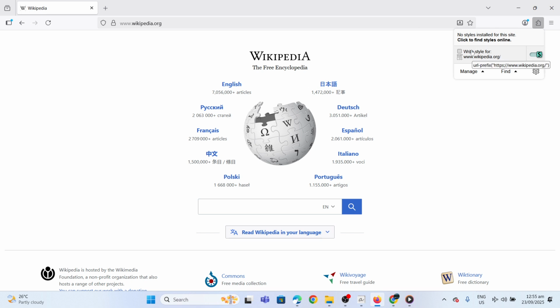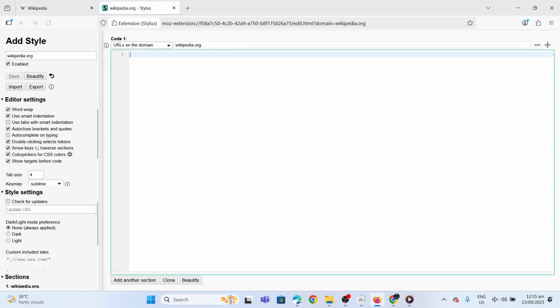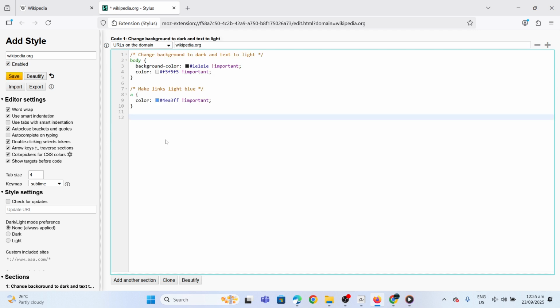Here's the exciting part: writing or applying a theme. You'll be presented with several options, but we'll focus on customizing for a specific site. Choose the option Write Style for this URL. This is where you can insert your unique touch of style by typing or pasting some CSS code. For the sake of this demonstration, let's say you want to create a dark mode with blue links for your